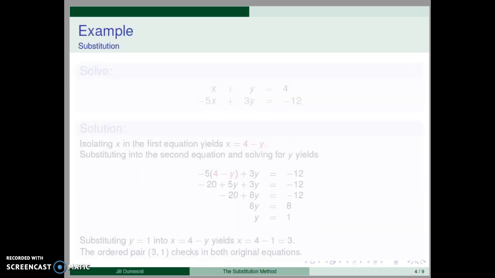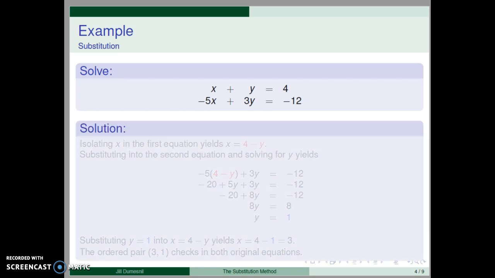Let's illustrate these steps with an example. Solve the system with equations x + y = 4 and -5x + 3y = -12. We will carefully apply the steps itemized previously. First, isolating x in the first equation yields x = 4 - y. Then substituting into the second equation and solving for y produces